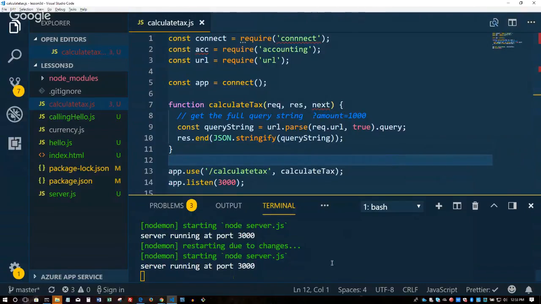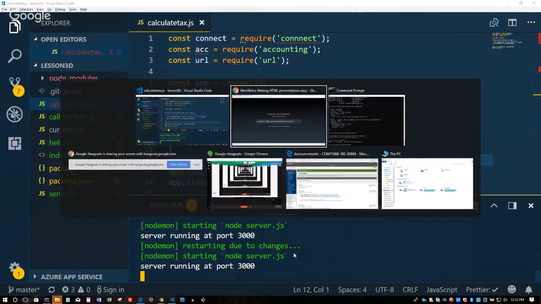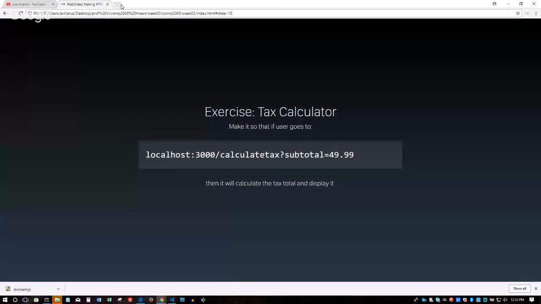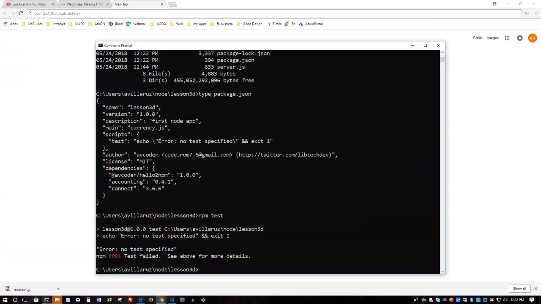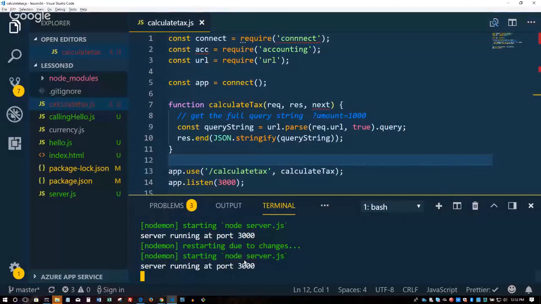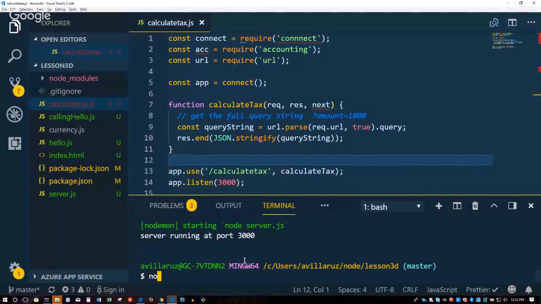Let's try that out. Oh yeah, it's running, right? So let's go to localhost 3000, calculate tax. What was that? Oh, it's running the wrong file. That's right. Thank you. Where did I go? Right there. So npm nodemon, and I want calculate tax, I think.